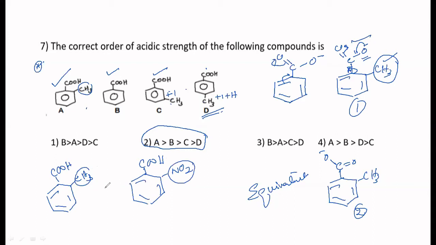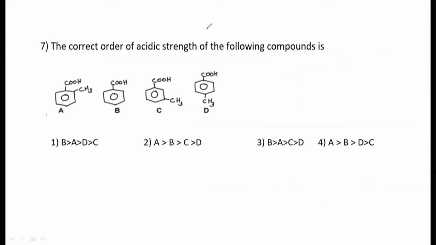But in that case, if you want to decide which one is more acidic, then you will have to consider the inductive effect. This one will show plus I effect, which to some extent will destabilize that. This will show minus I effect, which stabilizes that. So you can automatically say that this will be more acidic. Okay. Is it clear to all of you? Very important concept. If anyone hasn't followed that, you can ask me. I have absolutely no problem in explaining this.